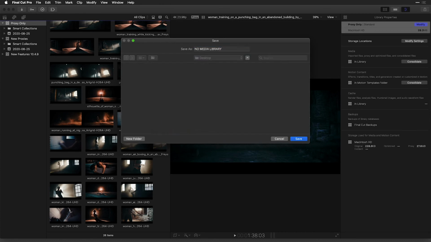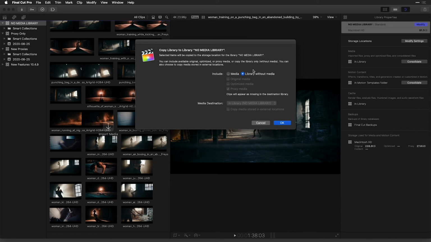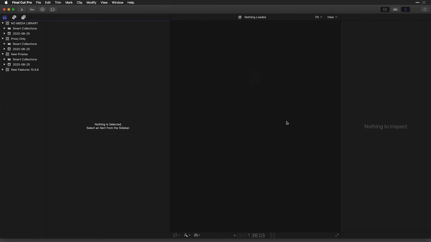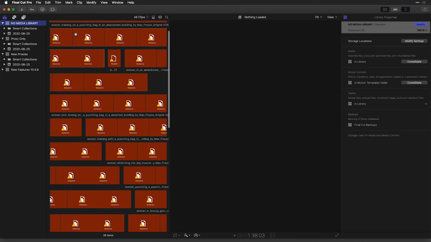So I'll call this a no media library. And under these options, just notice that you can send a library without media. Since the original editor has the material, both proxies as well as the high quality content on his system, he can take that library and just simply relink to those files. If I press OK, you can see here this no media library.